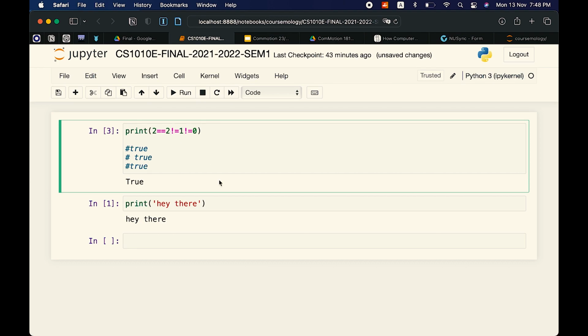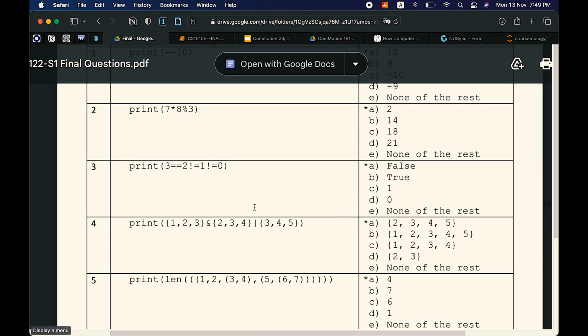If we do, let's say, 1, right? 1 is equal to 1, that's true. 1 is not equal to 1, that's false. 1 is not equal to 0, that is true. So it becomes true, false, true. This should be false. So you treat that like an AND statement, where all your expressions in there are ANDs. Okay. Next.